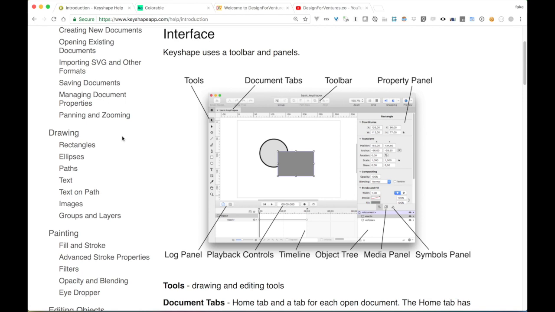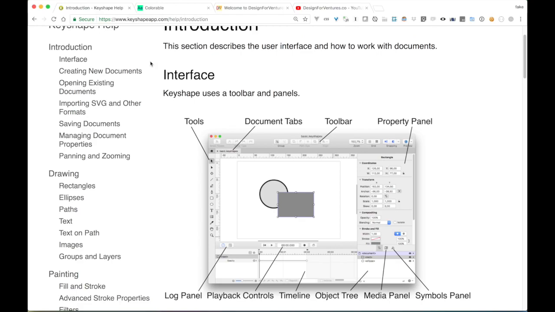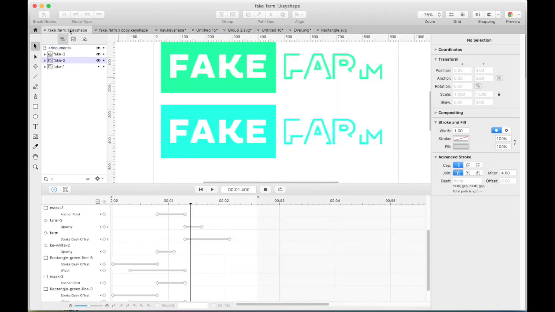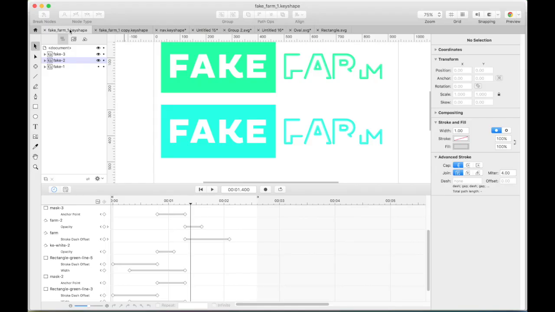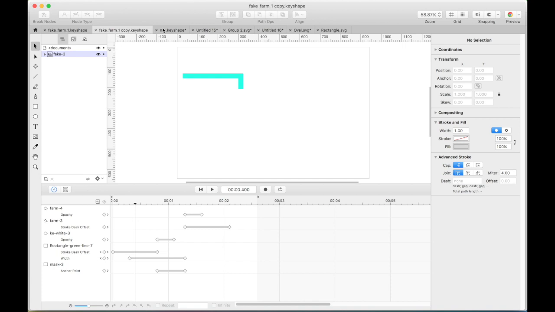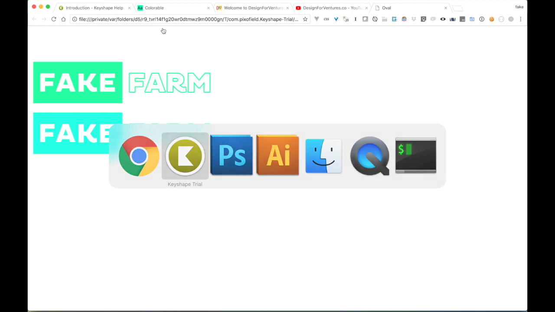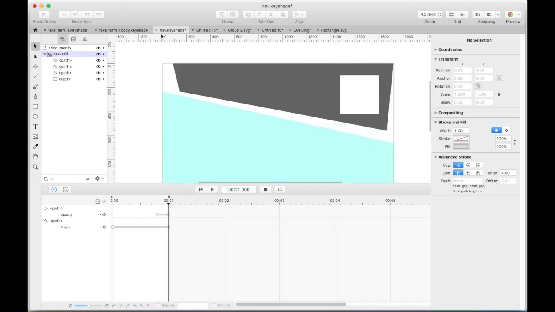So I spent a good portion of yesterday and today coming up with some different projects. So here's one that I ended up doing. Let's see, that's one. Let's see if this is a different one. Nope. So there are different ones that I just came up with. So I thought I'd show you a quick tutorial, but even more so, I would give you an overview of what these different buttons and things are. So let's do something super basic, and it'll be an intro to Keyshape.